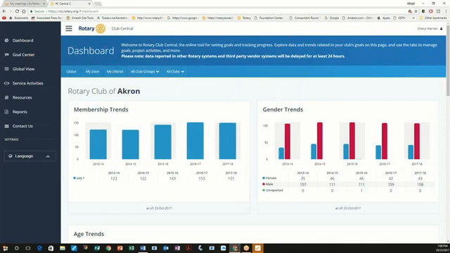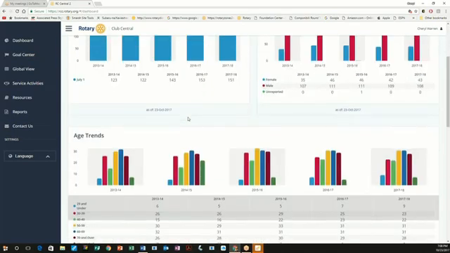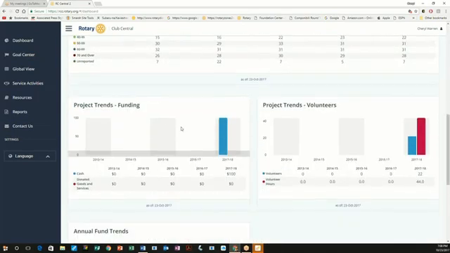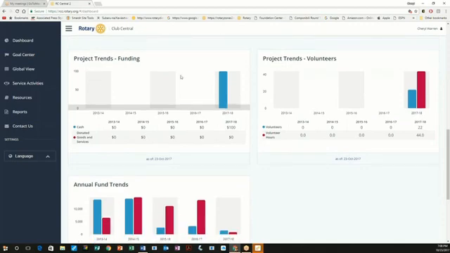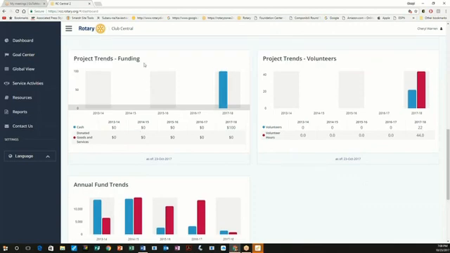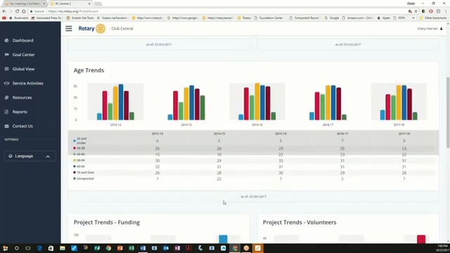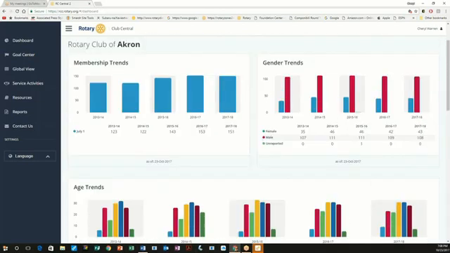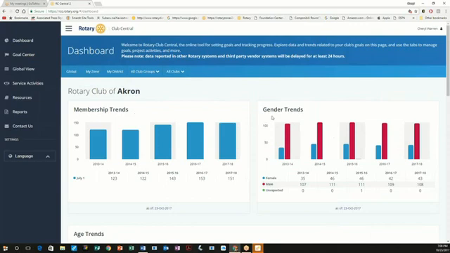So this dashboard is strictly trends until you scroll down to here where you see project trends funding and annual trends funding. This is actually going to show you specific project information about your clubs. Up here, it's going to show you age trends and membership and gender trends.